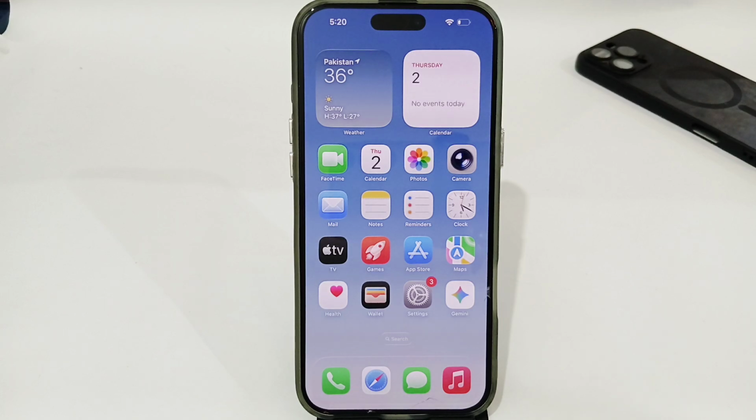Hey guys, today I'm going to tell you how to fix payment method not working on any iPhone. If you're using any iPhone and your payment method is not working, let's see how you can easily fix